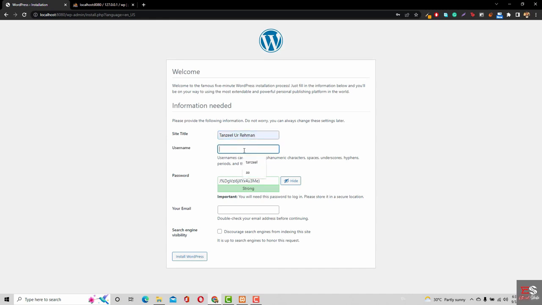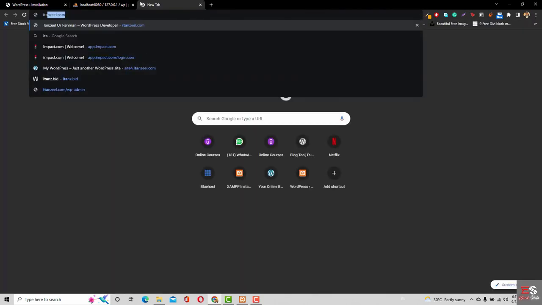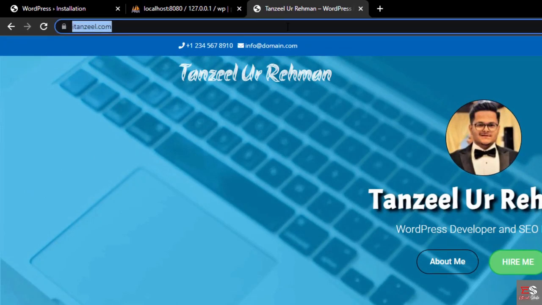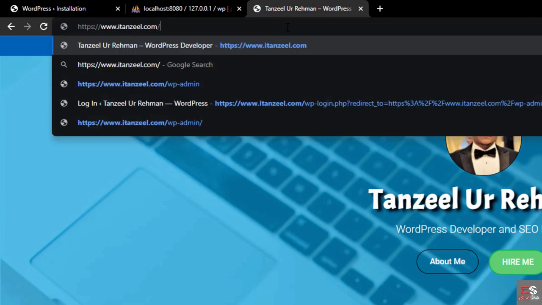And in the username, you can add anything in here, admin as well. Now remember, this username is going to let you log into your website. So if I open the personal website that I just showed you right now, and let's suppose I want to edit this website, then what I need to do is type in here